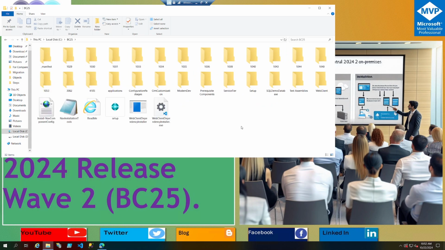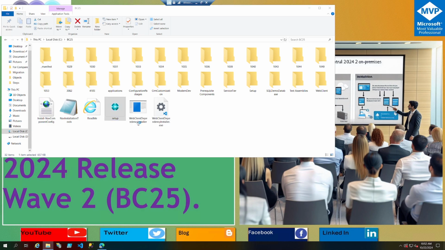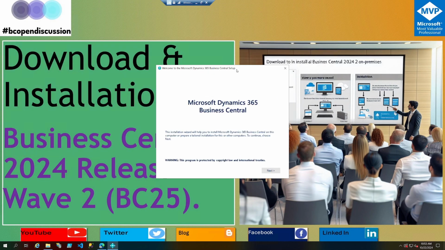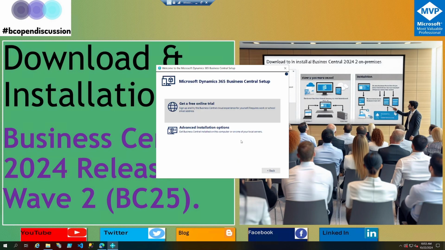Okay, so first things first, you get into the setup, right click on it and say run as administrator. You get to the welcome screen, which talks about the license. You read through the license, click on accept. If you want to use Business Central Online, the on-premise option also gives you an option to get a free online trial for 30 days. Or if you want to install on-prem, then choose